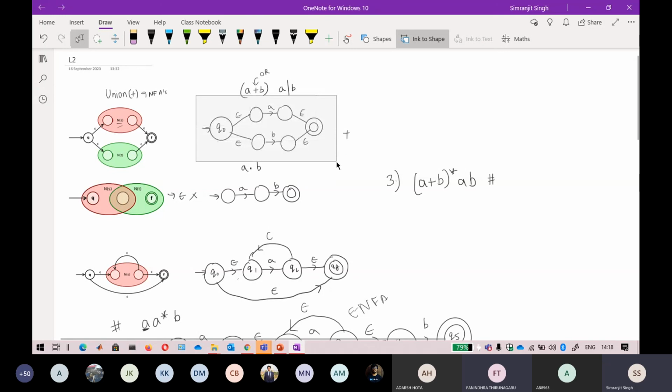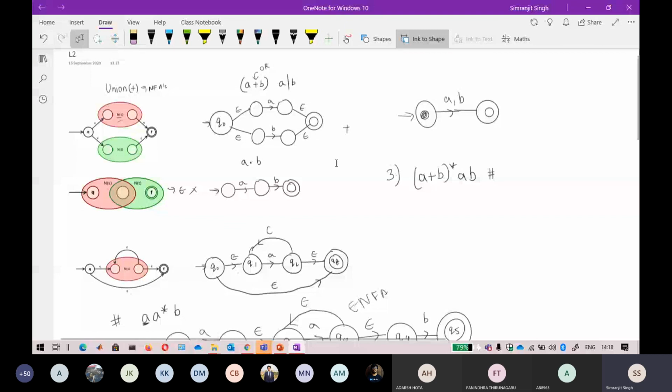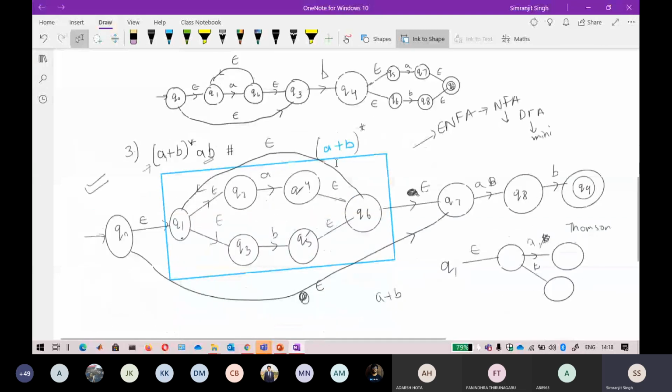If you do not want to follow it, you can also do it like A comma B. That is also correct. That is not wrong. This is also representing A or B. But it follows some rules, because if you want to stay in the Thompson construction method, you have to follow these rules. That is why I have shifted towards this one that Phanindra has designed.